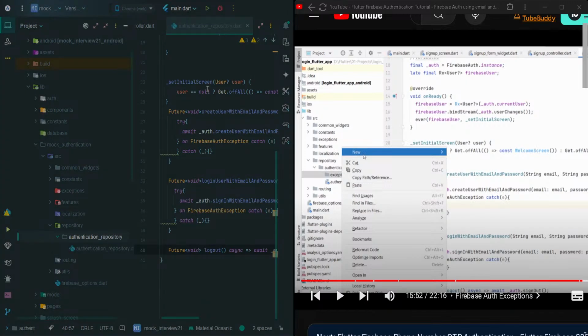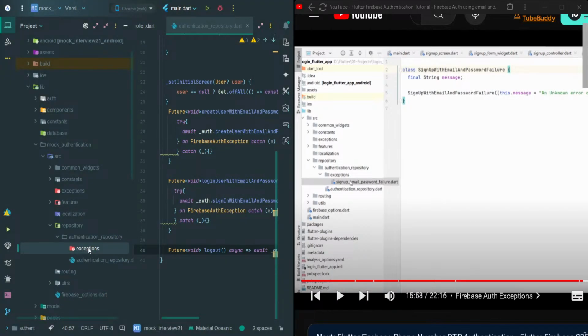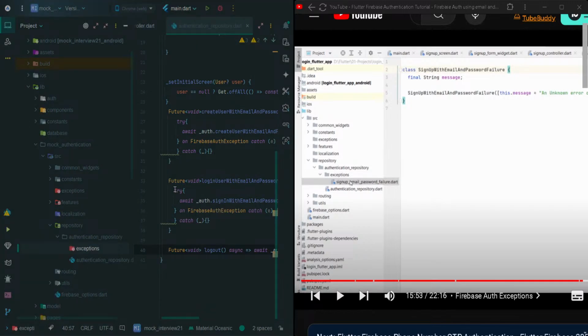A new file. Okay, so I have created एक्सेप्शंस और एक्सेप्शंस के अंदर, एक सेकंड, यहाँ पर भी तो है एक्सेप्शन. ये किस काम आएगी? हमने अभी यूज़ नहीं करी. और यहाँ पर एक फाइल, फाइल का नाम है साइन अप